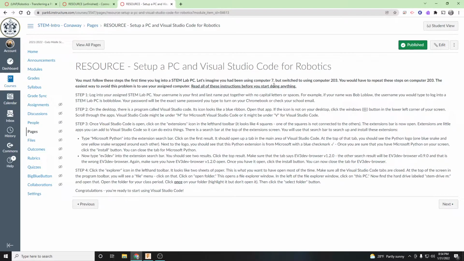What I'm going to do for you right now is show you how to set up a program called Microsoft Visual Studio Code. This is a program that we will use to actually program our robots and send those programs to the robots. I need you to pay attention to this right now because you and your partner will be